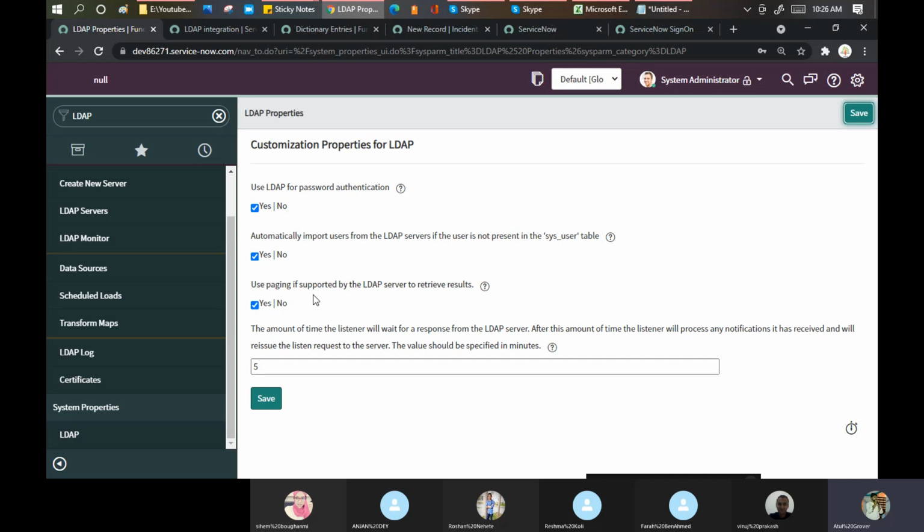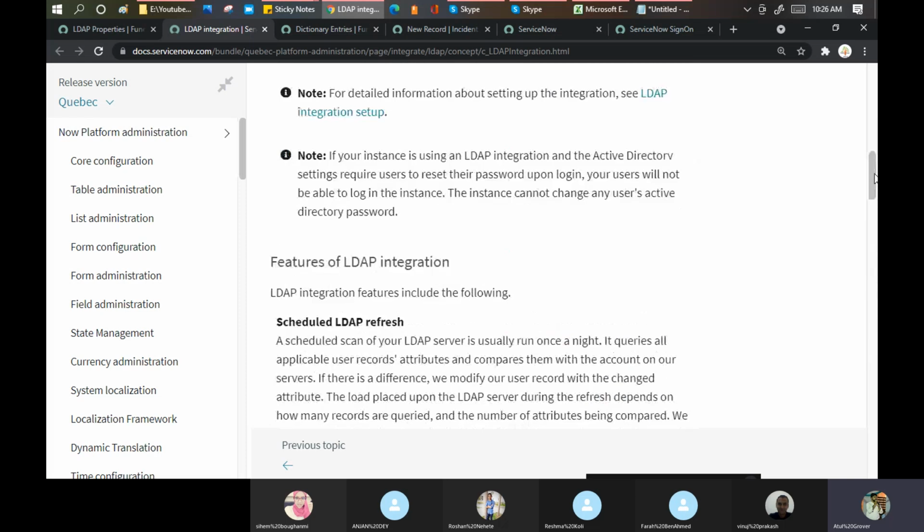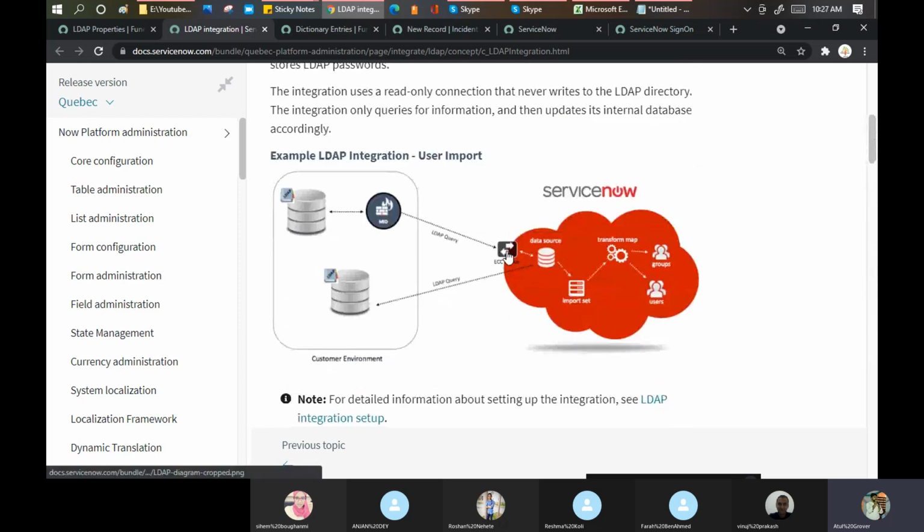Okay, then use paging and support LDAP server retrieve results. I have no idea on that part. What does the amount of time for the server listener mean basically? Okay, how do these things work? If you go from the ECC, the request goes from here to the LDAP.